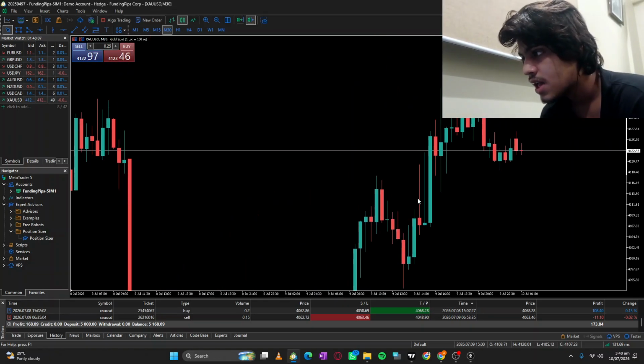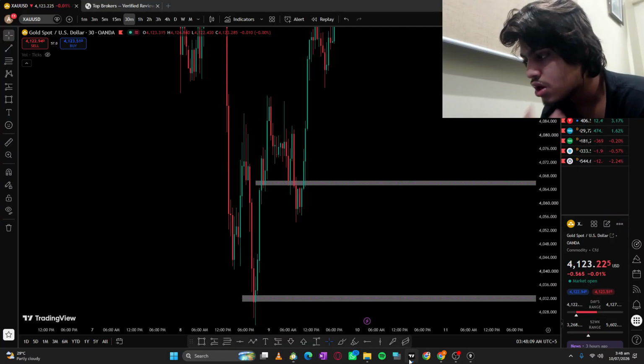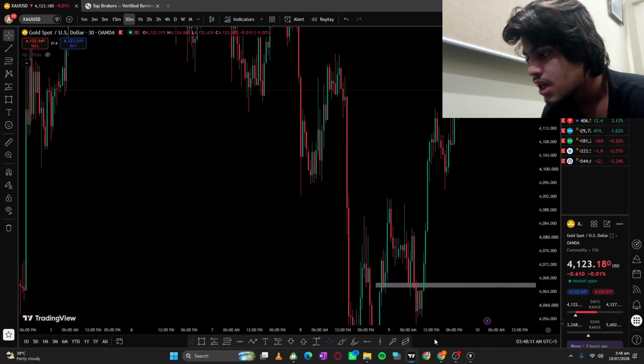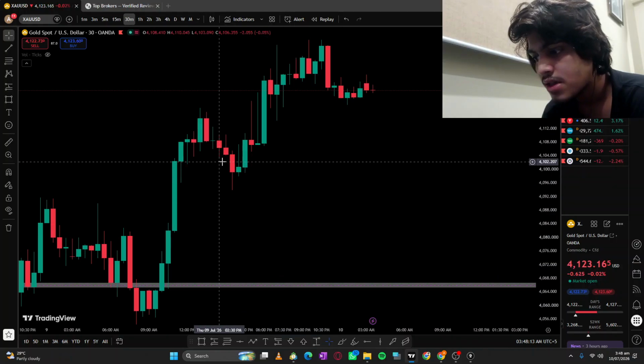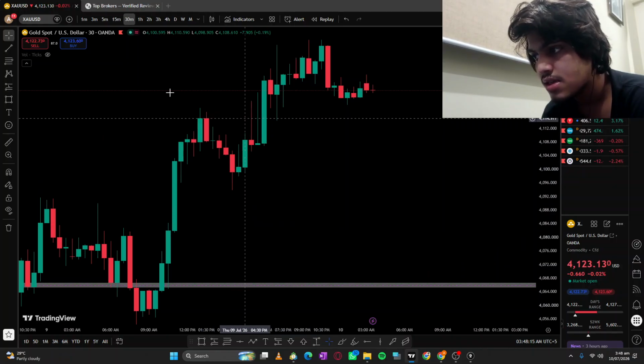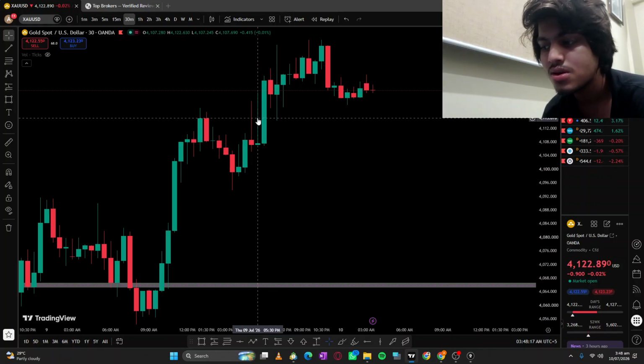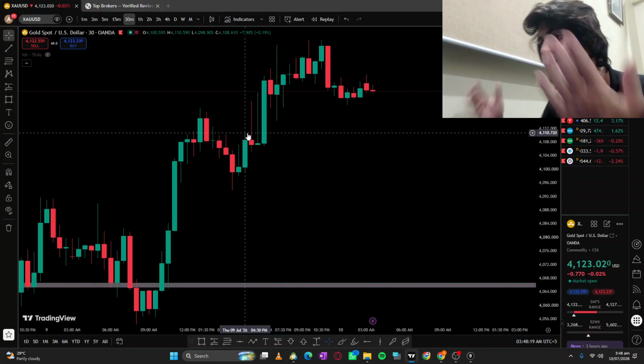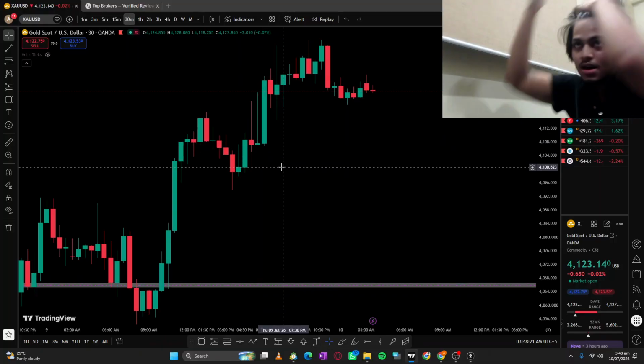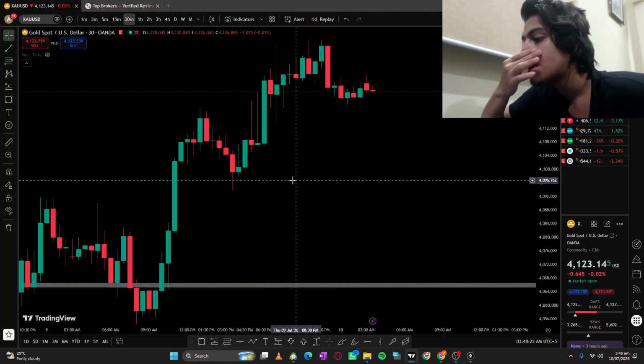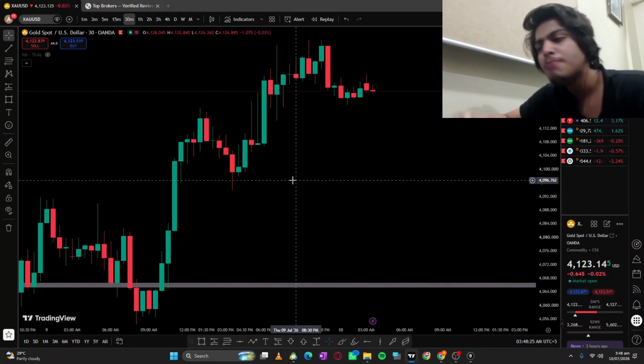Price went up, and then there was no such volume in the NY session today, so I didn't even trade the NY session, because this was the NY session, man. You see this, there was no choppy price action here. That's why I just avoided the NY session, because I'm already in green. I'm not gonna trade on Friday. If there would be a very nice setup, I might take a chance, but